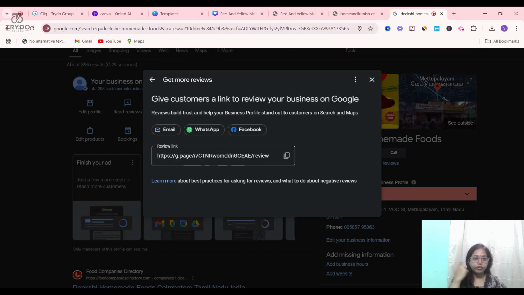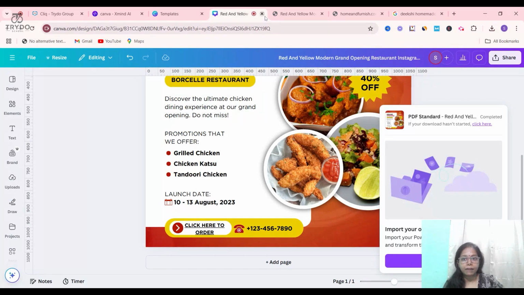If someone wants to review your products or services, you have to share this particular link. Just copy and paste this link. People are really skeptical, correct? But if it is a QR code, especially an attractive QR code, they would take one minute of time and respond to it. So let us insert this link inside a QR code, and this can be done easily inside Canva itself. You don't have to go to any other platform, right?